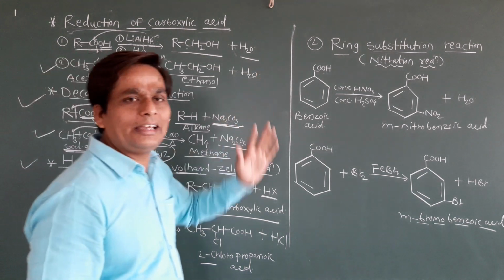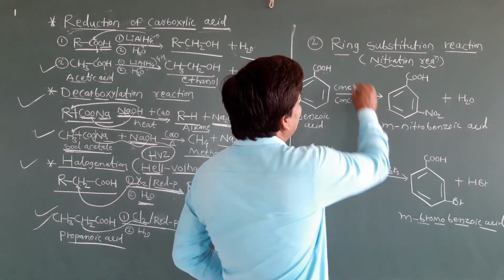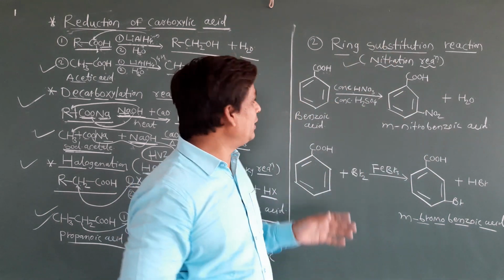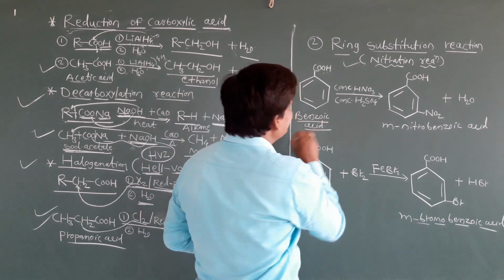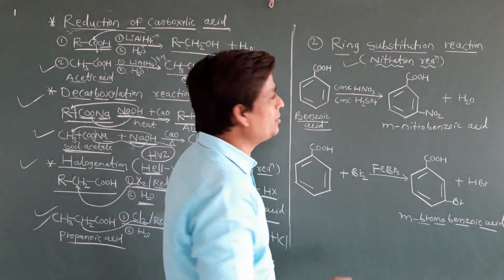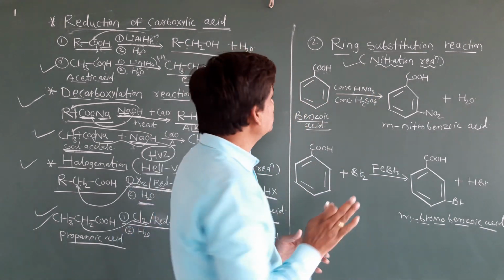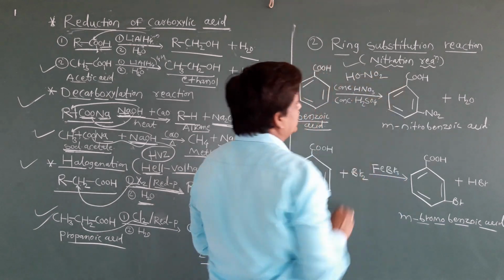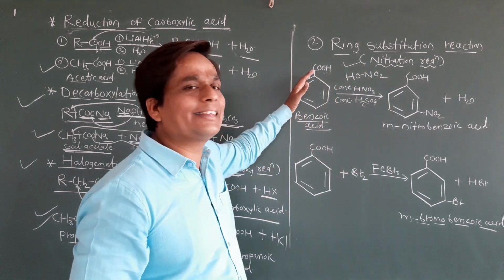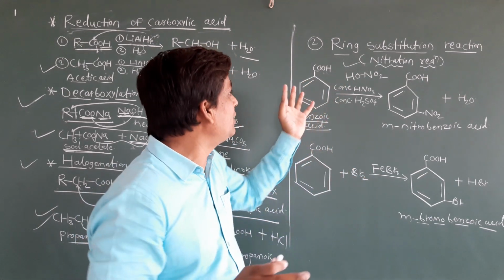Now we will discuss another reaction. So this is a ring substitution reaction. We already discussed the nitration reaction and bromination reaction. This is a very simple reaction. Here I have taken benzoic acid. It undergoes nitration. Nitration means, you know students, we can add nitric acid, that is HNO3. That HNO3 we can simplify like this, HONO2. But when a carboxylic acid is taken, the nitro group always attacks at the meta position. This is a meta directing group.